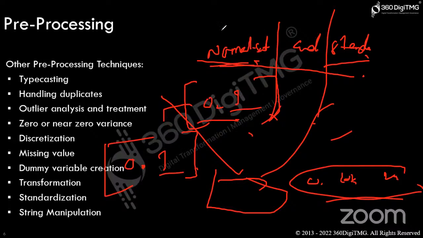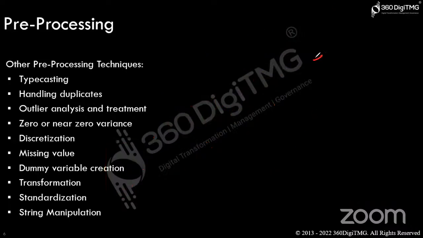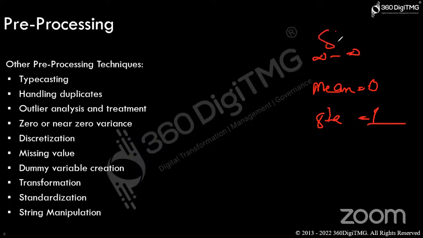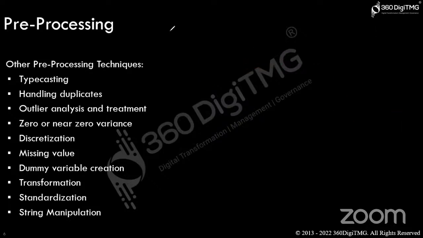When it comes to standardization, the values range from -infinity to +infinity, but the mean is equal to 0 and the standard deviation is equal to 1. For normalization, simply all those values are converted into between 0 and 1. That is standardization. String manipulation,